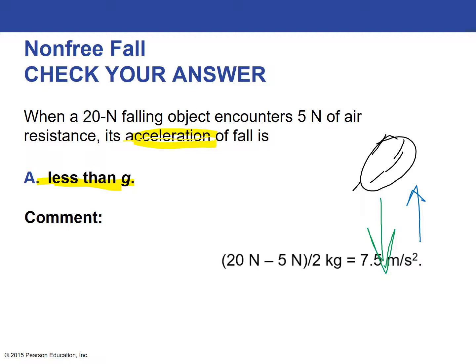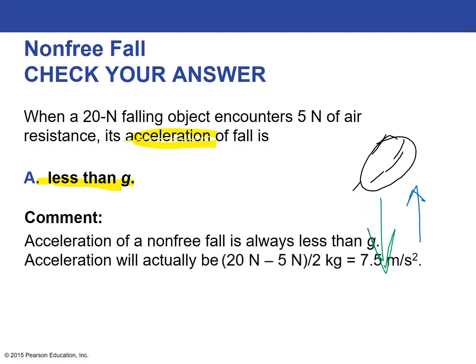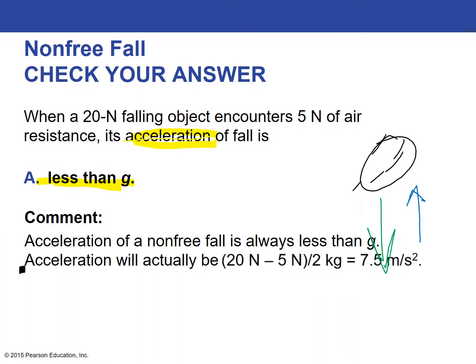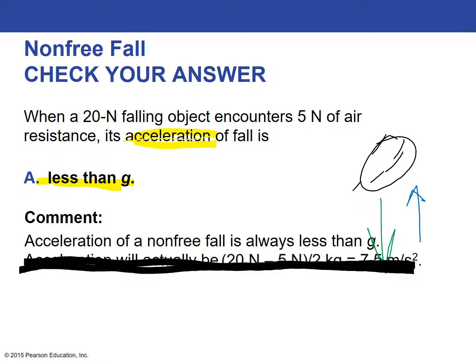Now, they work out for you that it will actually be falling at a rate of 7.5 meters per second squared. I invite you to pretend that you never saw this part of it. That's a calculation that you get into when you take into account both air resistance and drag. That is around flying, and that's not an equation that you need to be committing to memory at this point in time. What you do need to commit to memory is that when it is a non-free fall,